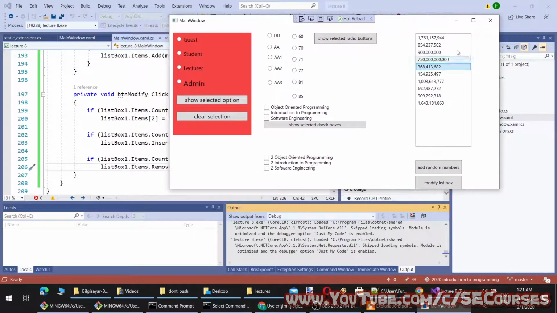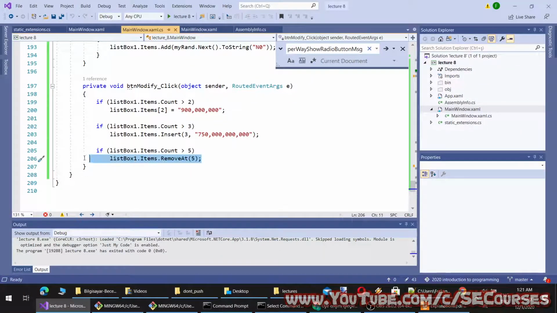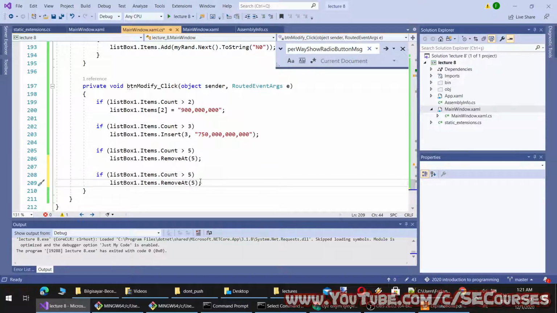Okay, and currently the 5th item is this one, therefore this will get removed, and another one will get added. It will be like this. Okay, and no more changes because it removes this one and adds another one. And let's make, we have added and removed. Let's make a removal like this, like that.